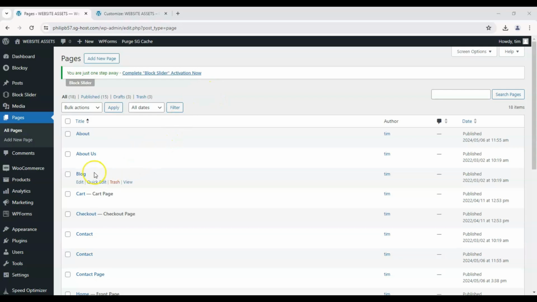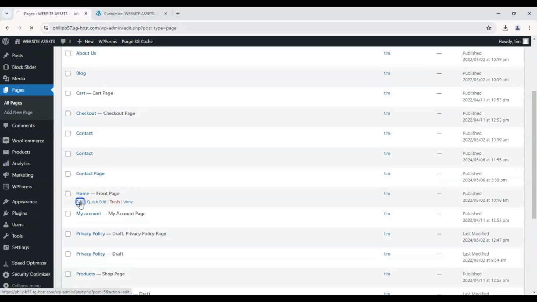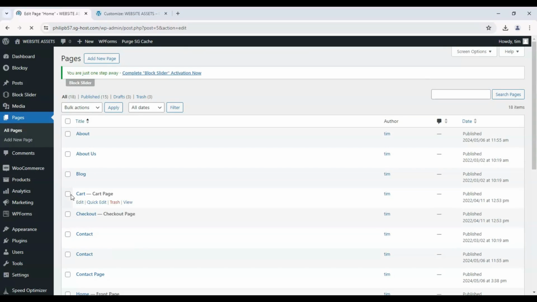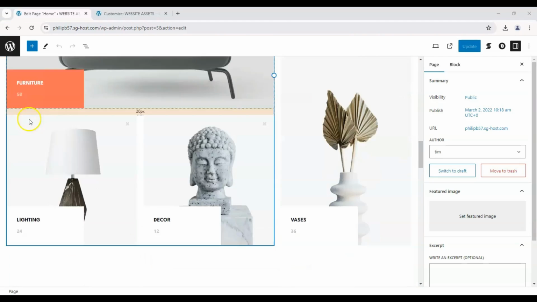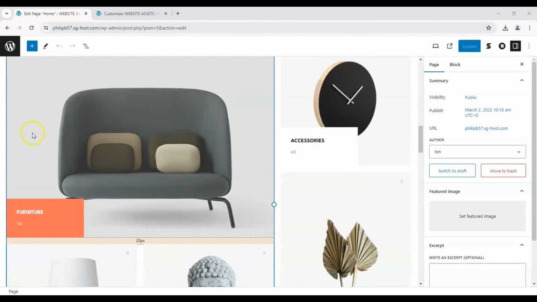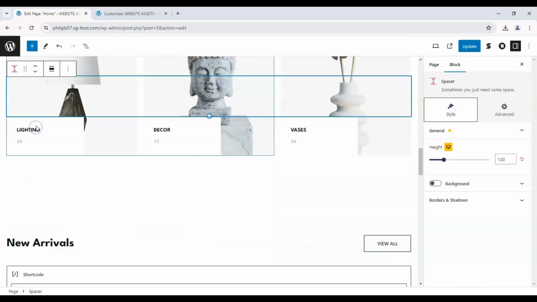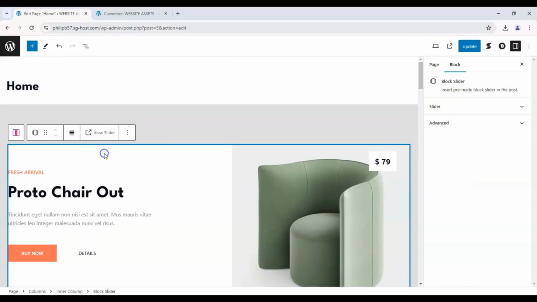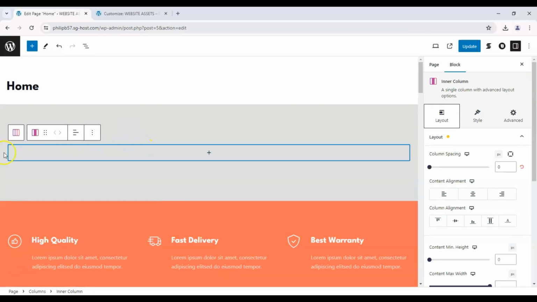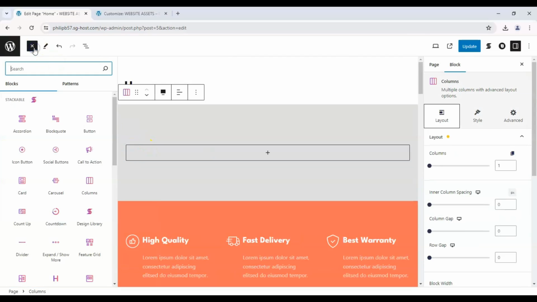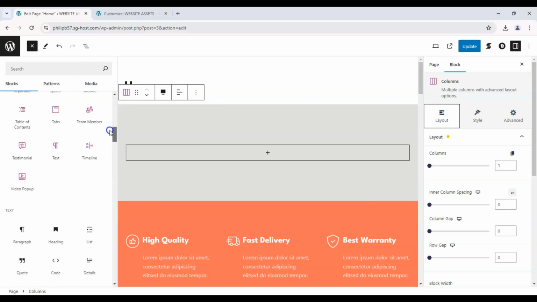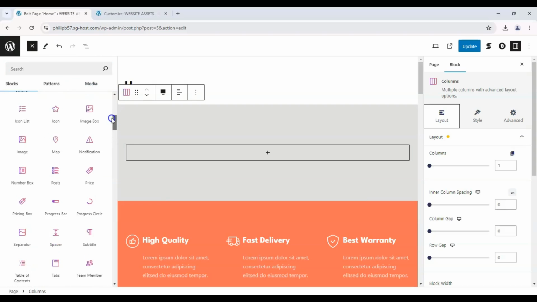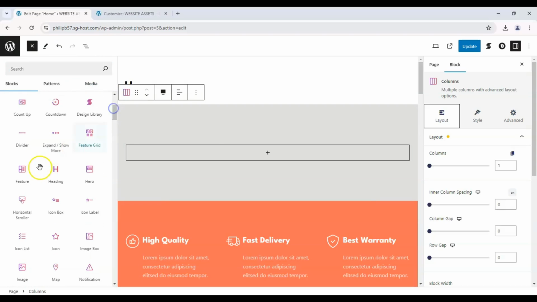Okay, so let's take a look at actually editing a page with a block editor using the Blocksy Stackable Blocks. Okay, so just like everything else, everything is contained in blocks. And we can move them up and down as we please. We can even delete them if we wanted to. Okay? We can take a look at our stackable blocks that came with Blocksy, and there are a whole bunch over here. So let's say we wanted a feature,